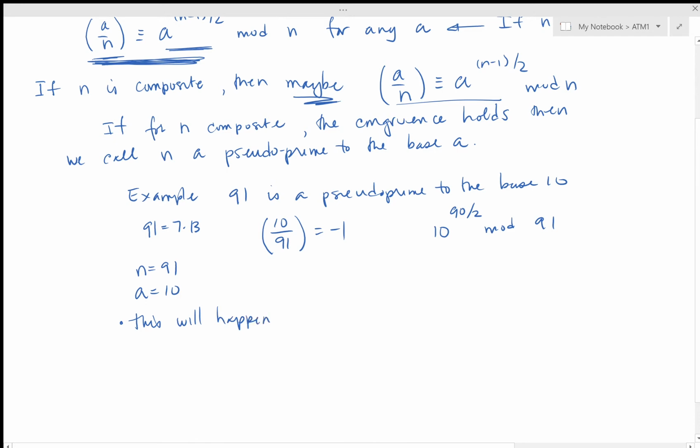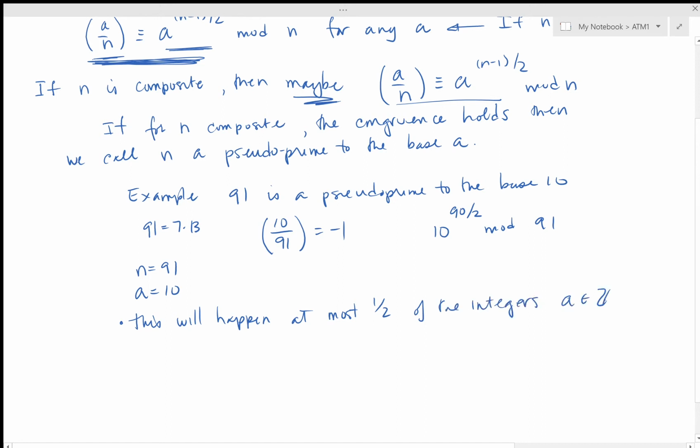So we'll hit a pseudoprime. We'll make the conclusion that it's prime when it's not, approximately 1/2, well, at most 1/2 the times. This will happen for at most 1/2 of the integers